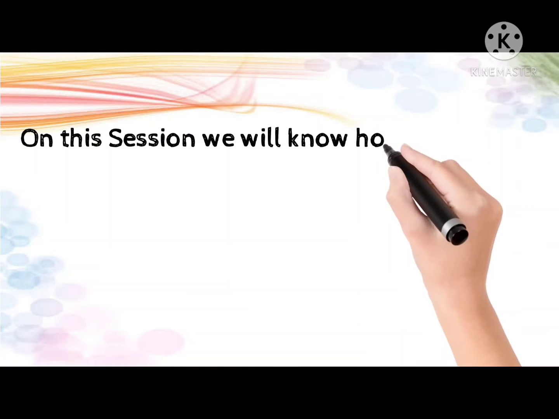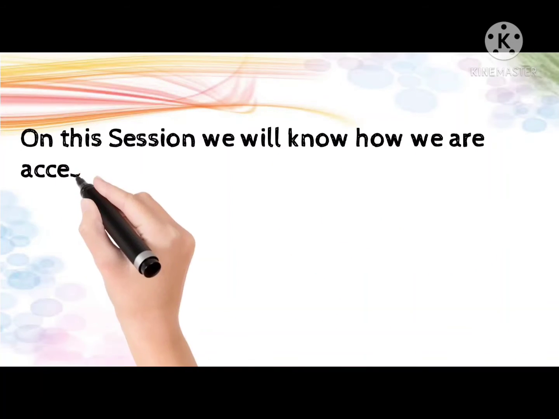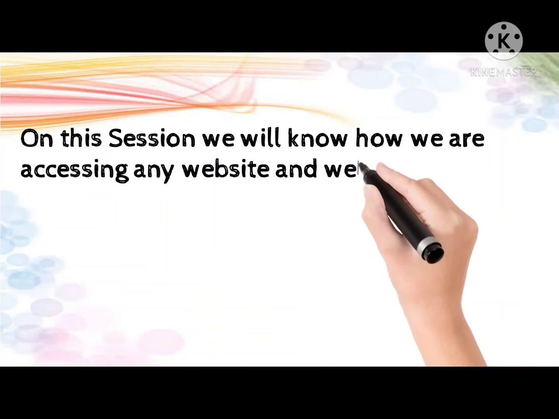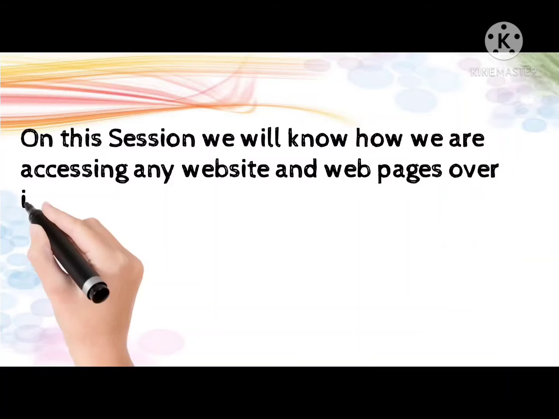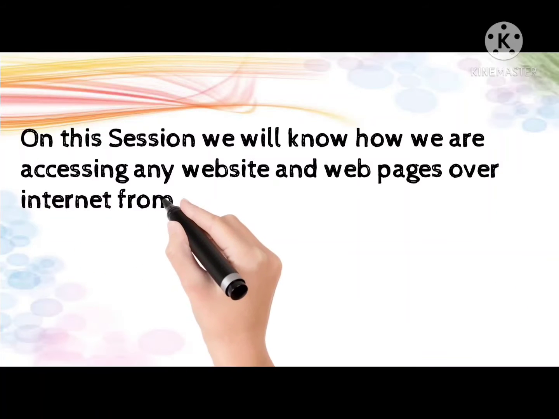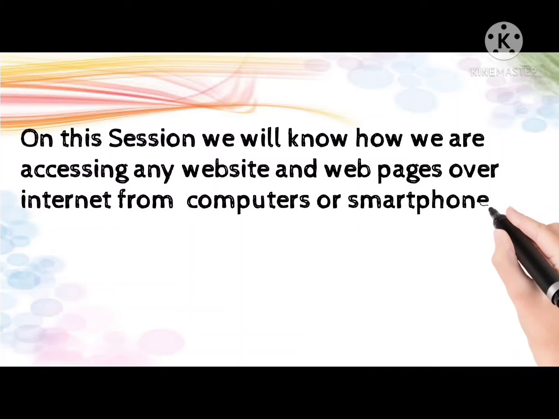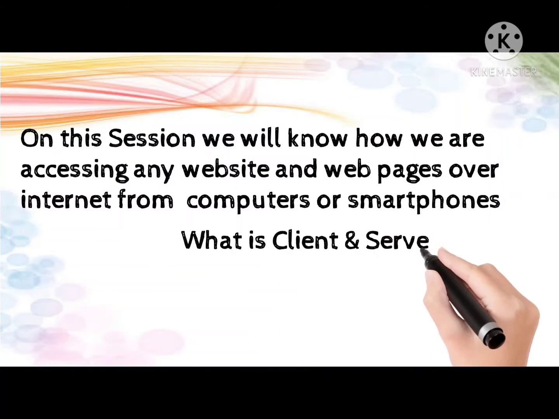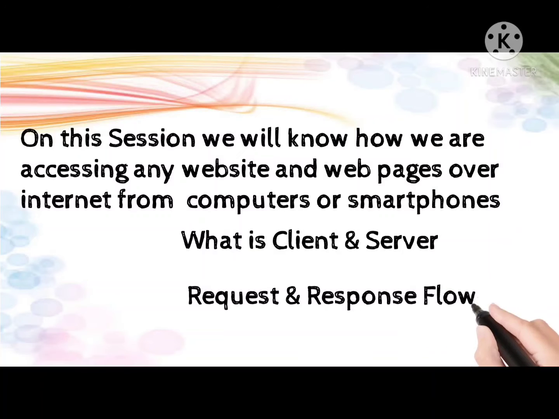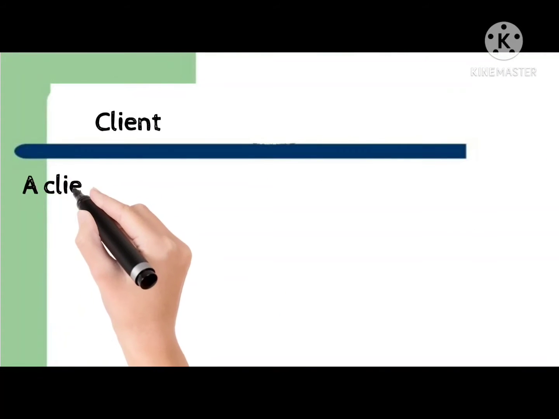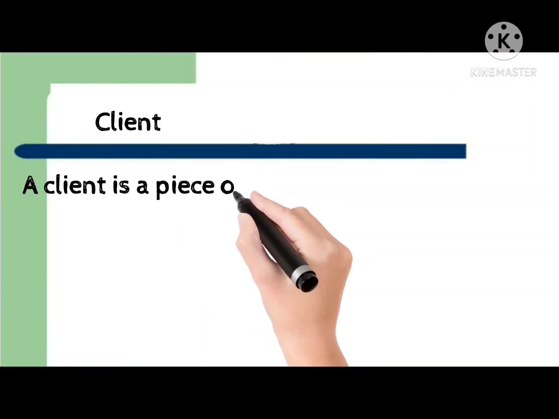In this session we will learn how we are accessing any website or web page over the internet from your computers or your smartphones, where computer means laptop and desktop. We'll discuss what client and server are, and what the request response flow is in that client